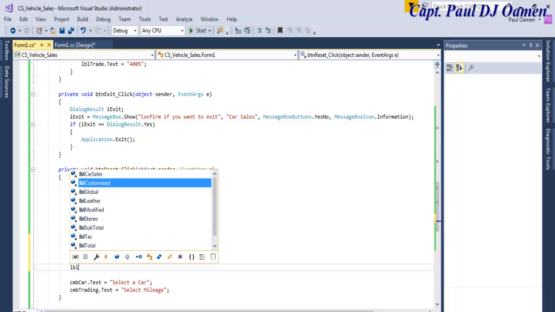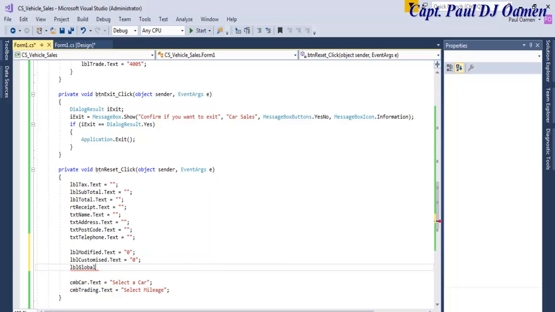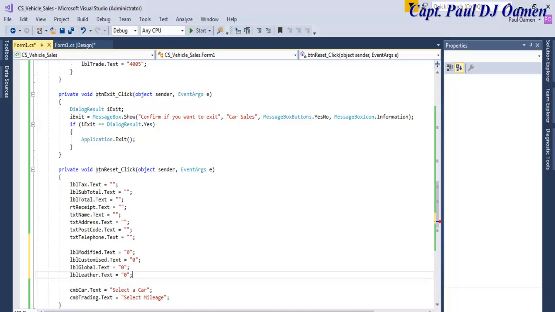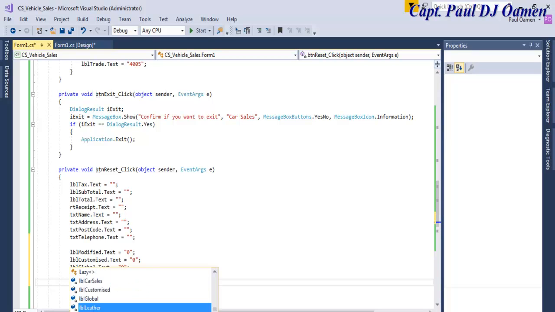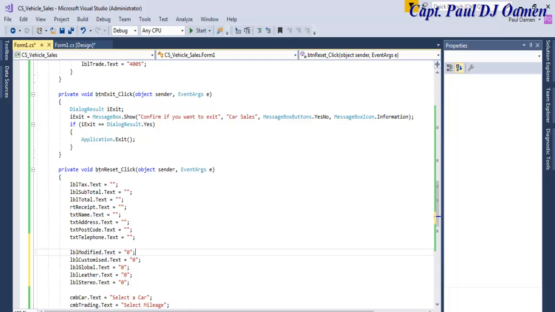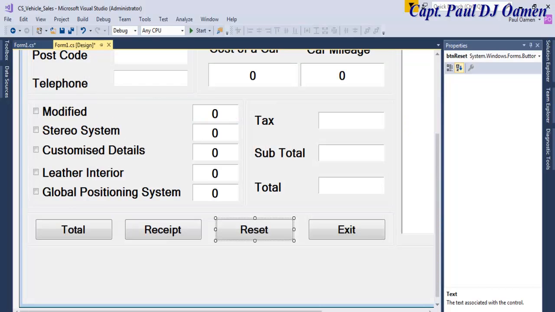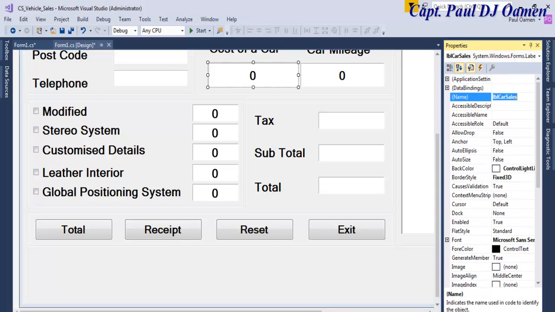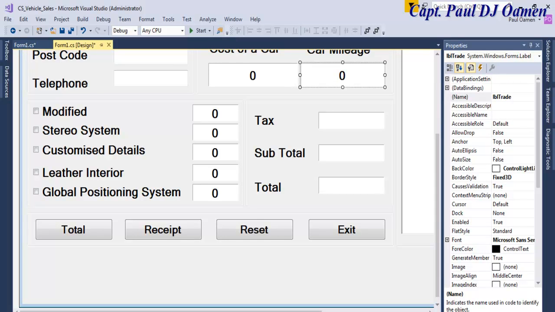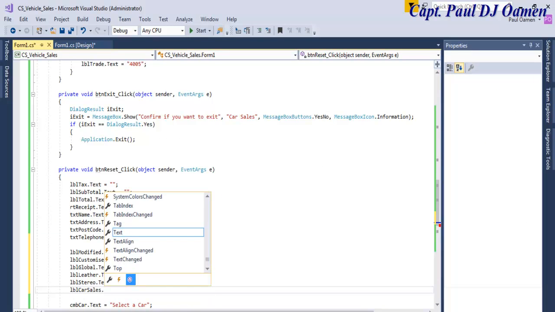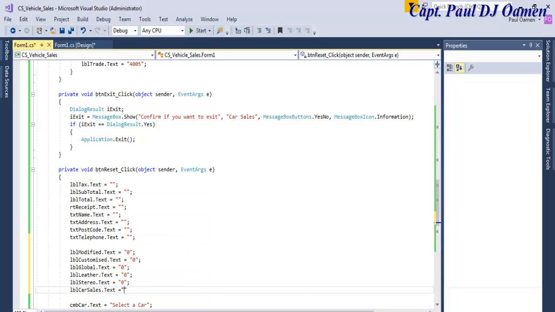It's another 3 to go. That's for the GPS. Let's go for the leather interior. Then one more, LBL stereo. There, that's taken care of. Now, what about these ones? We need the name of that, sales, and this is trade. Dot text equals